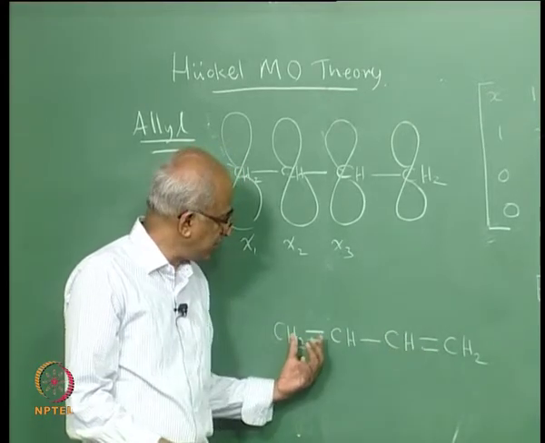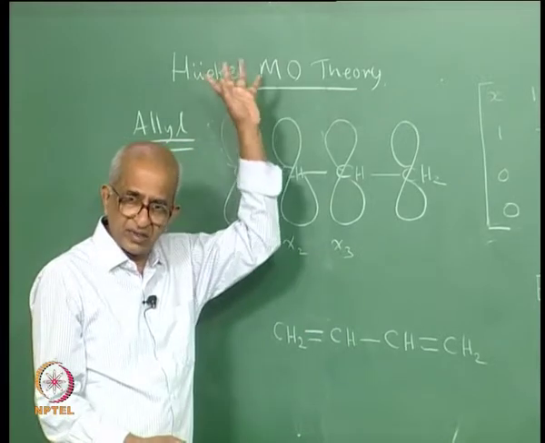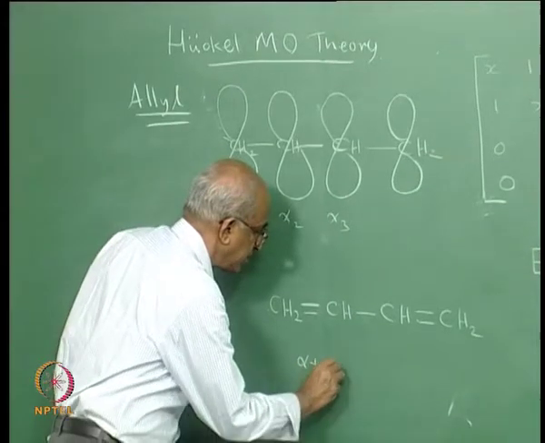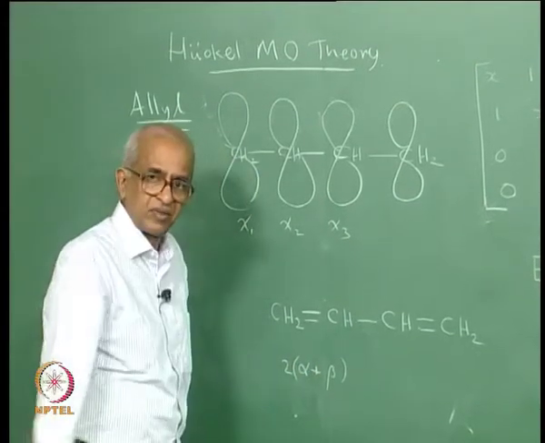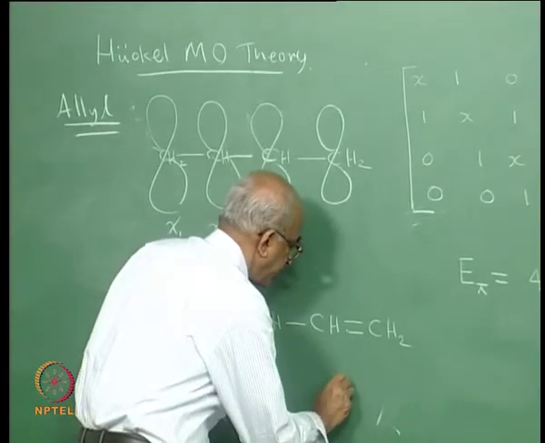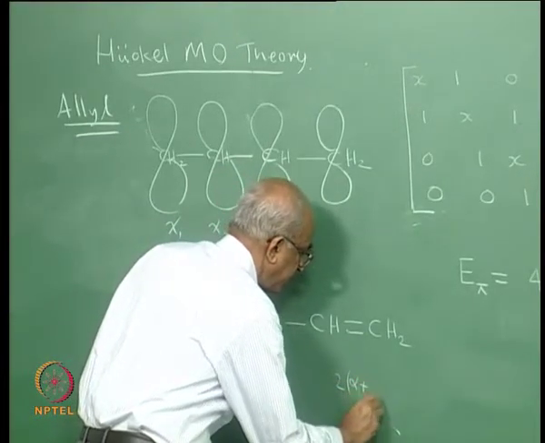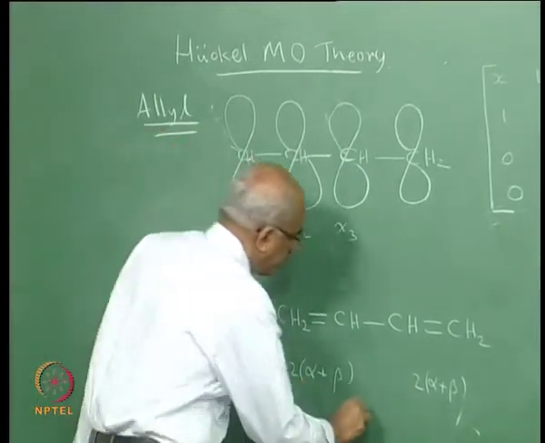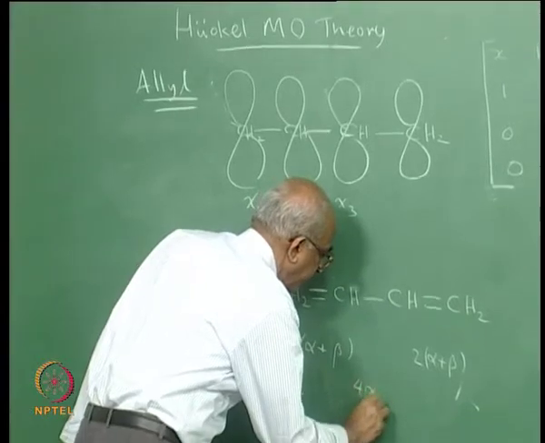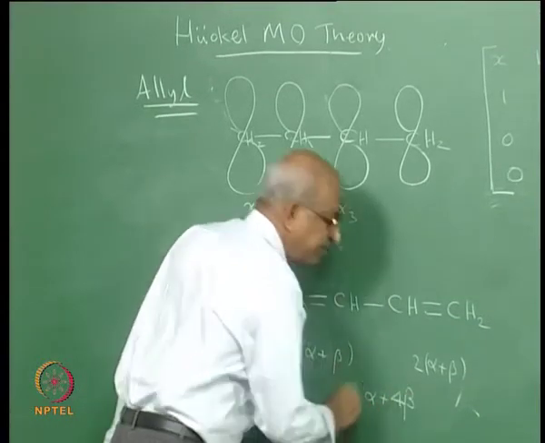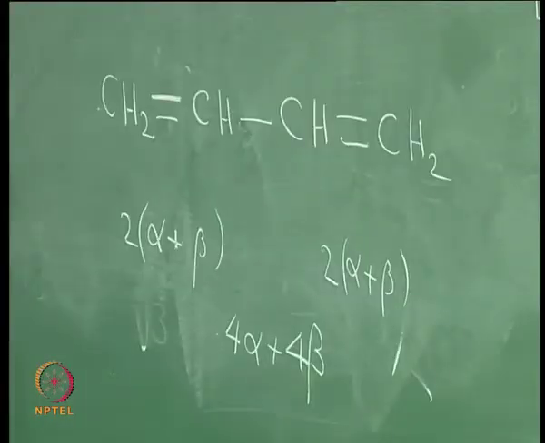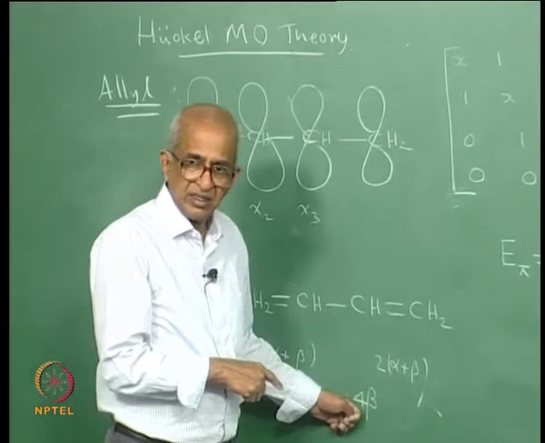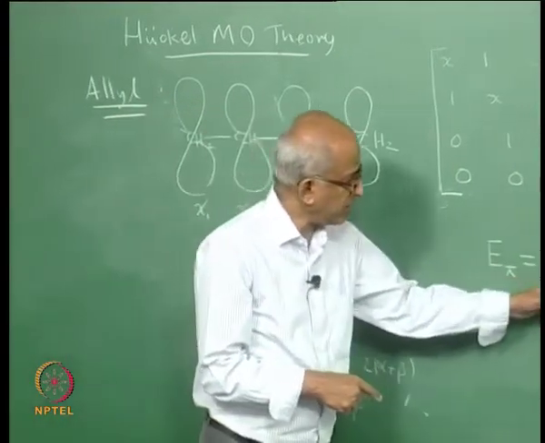Now, if you had an ethene-like bond here and if you use the Huckel theory, this ethene-like bond would have a pi electron energy of 2 times alpha plus beta, right. And this ethene-like bond also would have an energy of 2 times alpha plus beta, and therefore, if you had 2 separate ethene-like bonds, how much will be the total energy of the system? It would have been 4 alpha plus 4 beta. But in the case of butadiene, the pi electron energy is not this, right. The actual pi electron energy is so much.